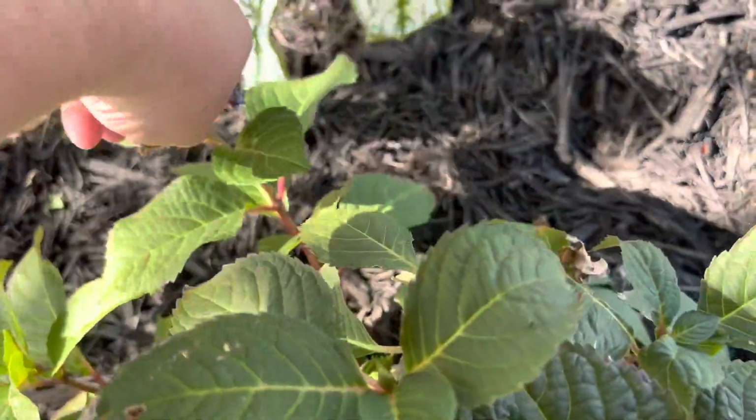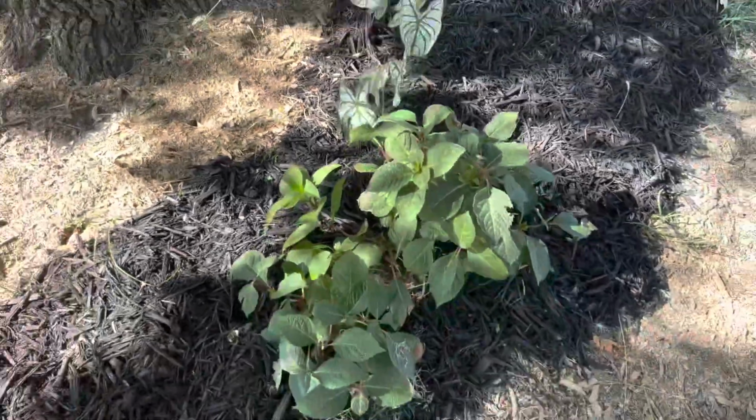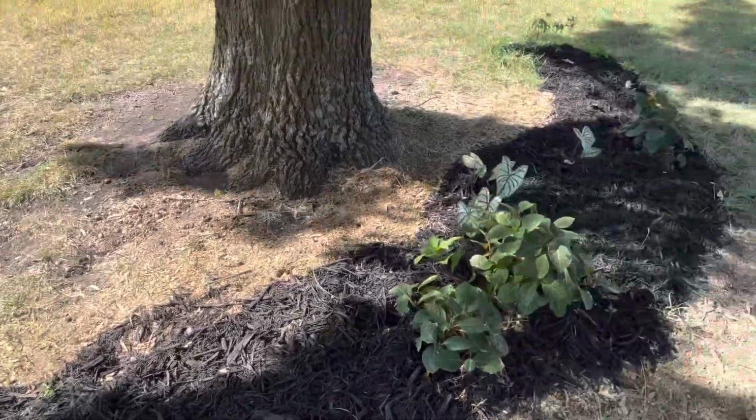I'll grab this one real quick. See, I just been pulling them right off the top. So maybe it'll rebloom. But these love it up here, so I'm glad. And then this is the other Annabelle hydrangea. So that